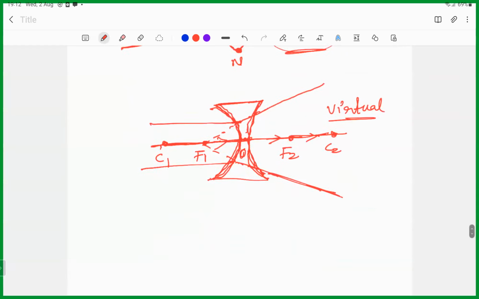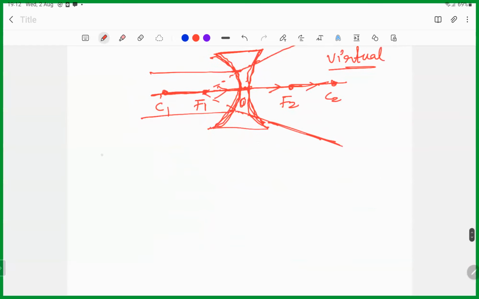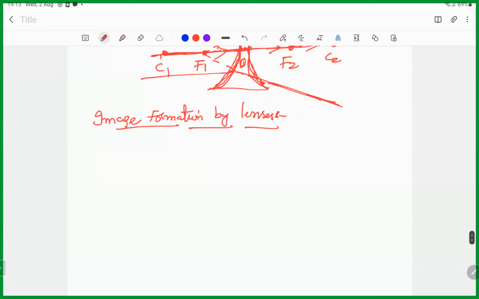So we see image formation by lenses. Image formation by lenses. So here, how many cases were there for the